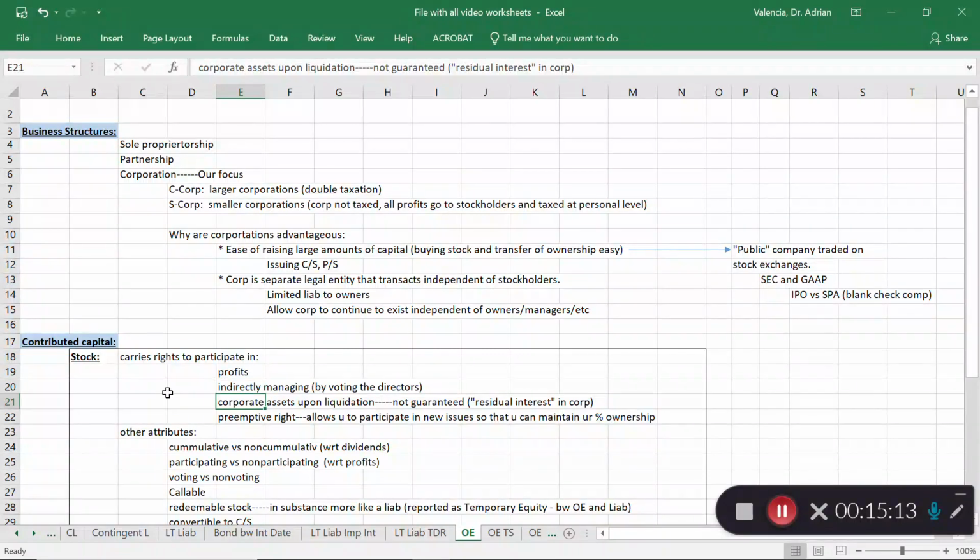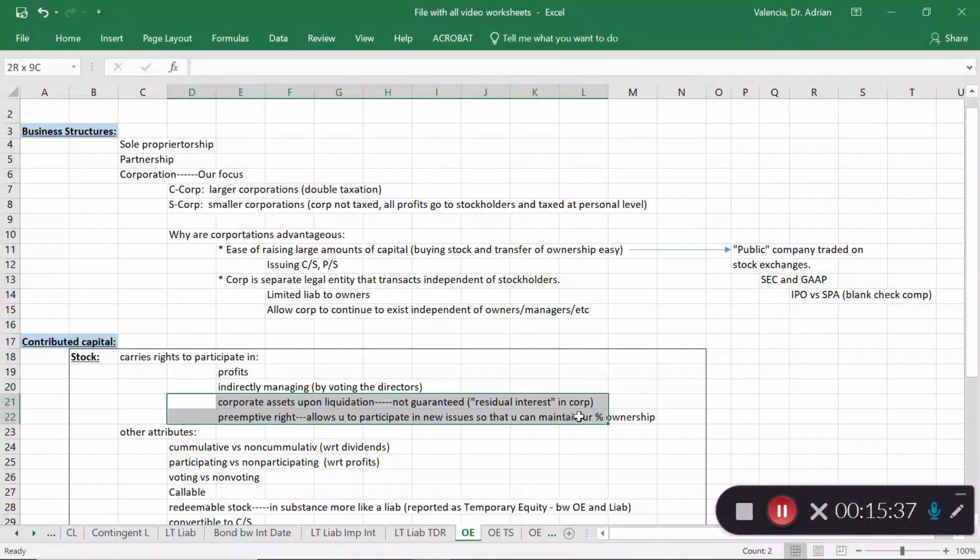The other thing that you're entitled to or have a right to is corporate assets upon liquidation. If the corporation ceases to exist because it's no longer profitable, then you as a stockholder have a claim to those assets. Now, your claim is one that's sort of a residual interest in the corporation. And what that means is that, first of all, it's not guaranteed that you're going to get anything, right? If the corporation is not doing well, most likely, you're not going to receive anything, because we first pay out liabilities. So anything that's owed is paid out with the assets of the company.